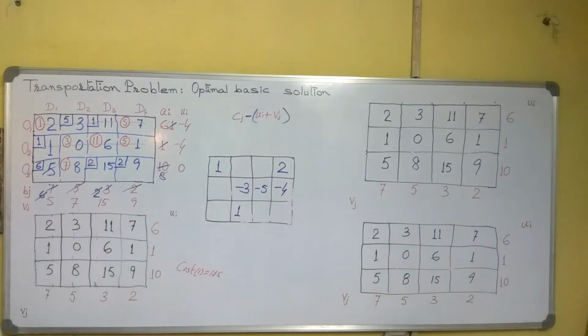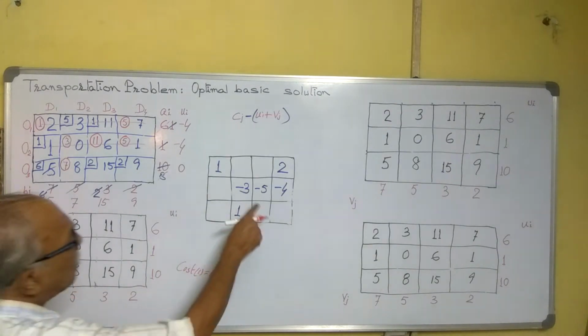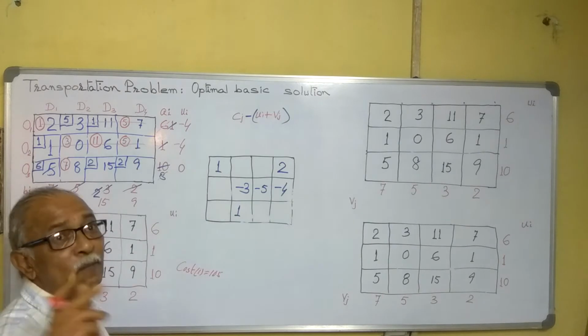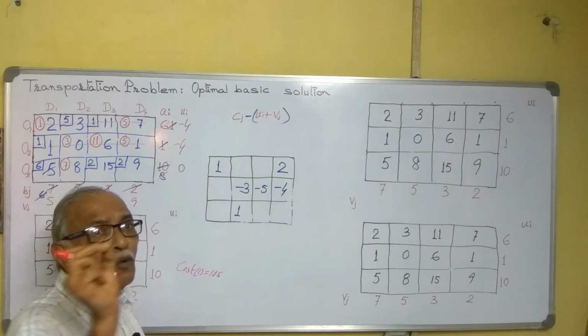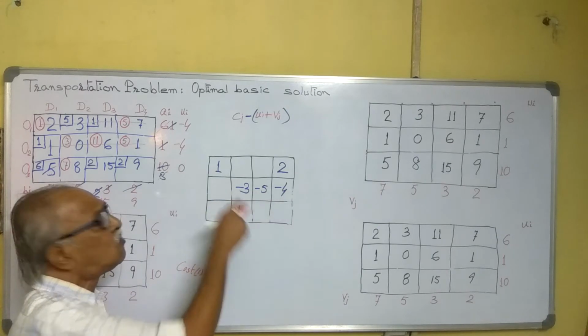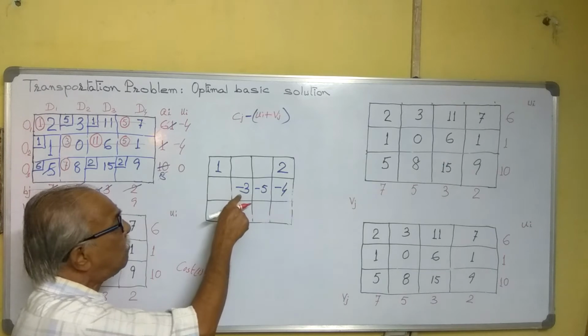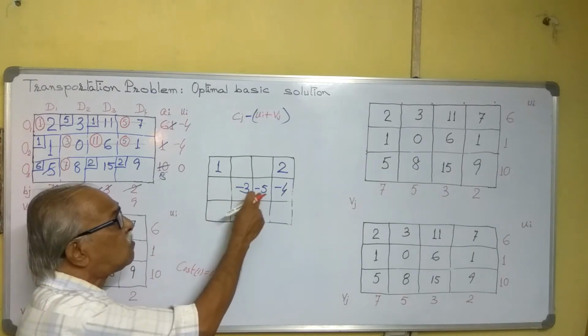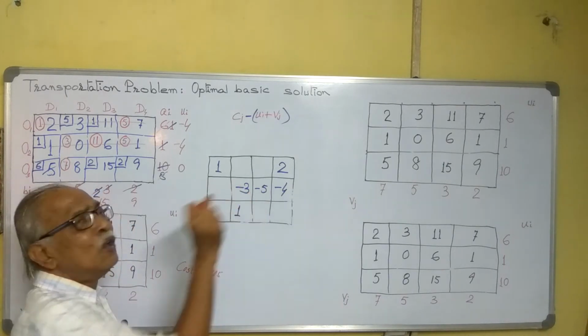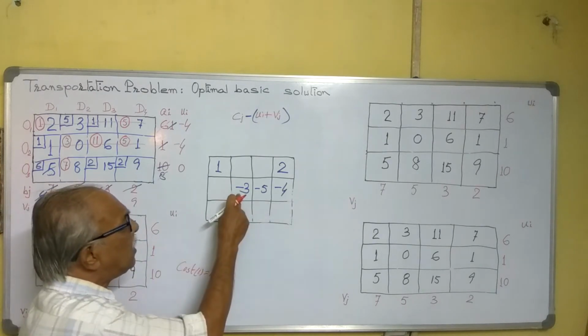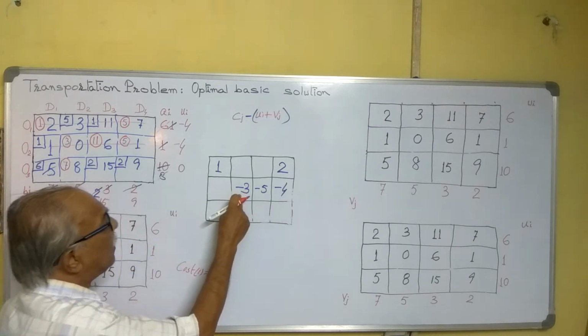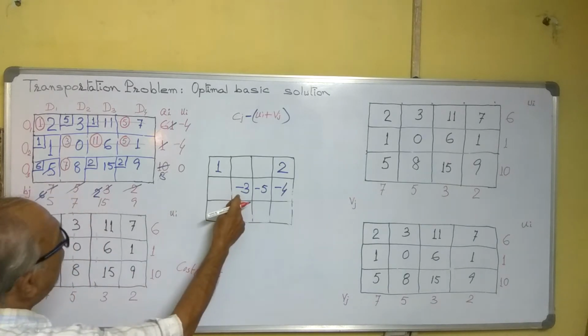Now what we have to do, since this is not the optimal cost, we have to do it again. Again start from the beginning. How to start it? See which is the least negative. Least negative means numerically least but negative. Out of these 3 negatives, which one is numerically least, whose modulus value is least? That is minus 3. Minus 5 is less, we are taking numerical value. Numerically 3 is less. So here we will first allot the maximum possible.